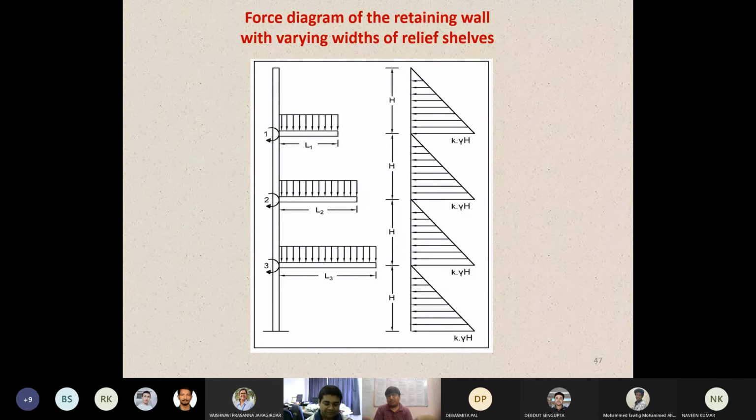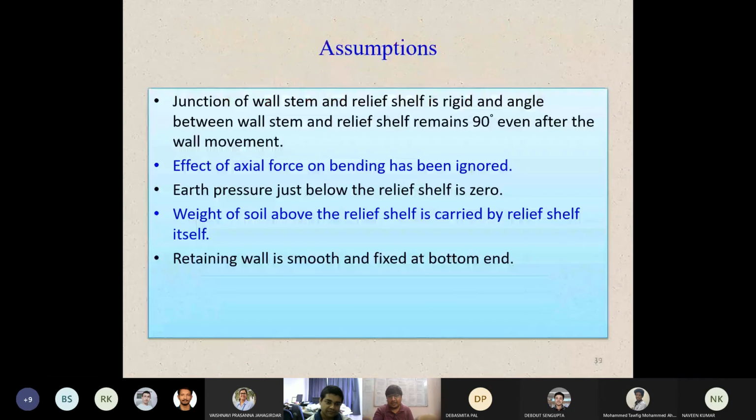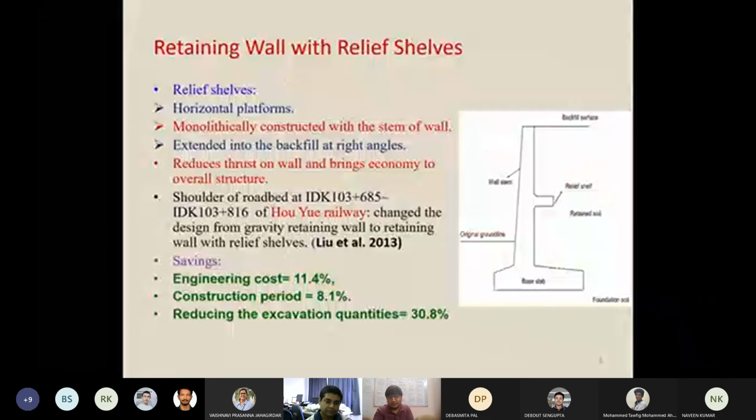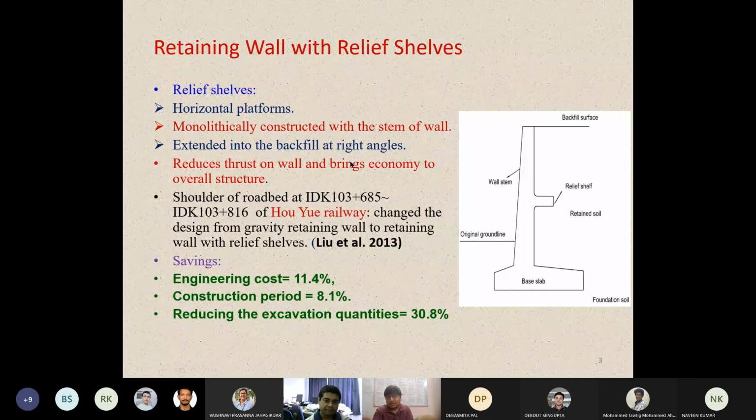So, sir, there is one point I can recall. In the very beginning, sir, I told everybody that this kind of relief shelf will be perpendicular to the stem. I intensely mentioned that because when I was in IIT Bombay, during the PhD, I was contacting so many contractors who are doing similar kind of structure. So a design which came to me, what I have noted, sir,